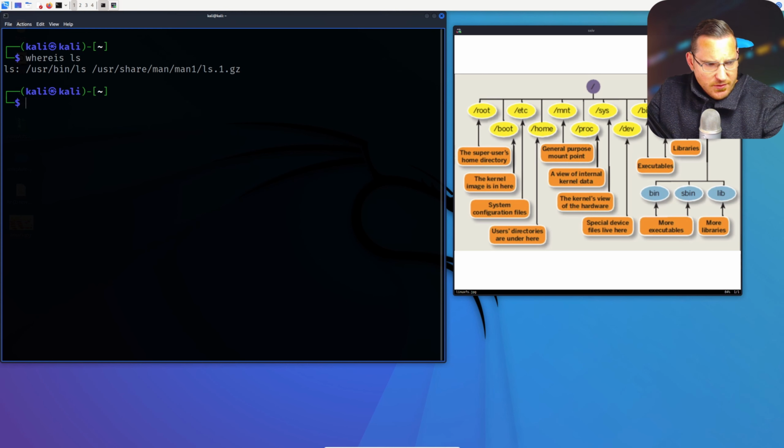So for example, if you're interested in things like offensive security, you will need to get familiar with /etc/shadow in relation to privilege escalation,